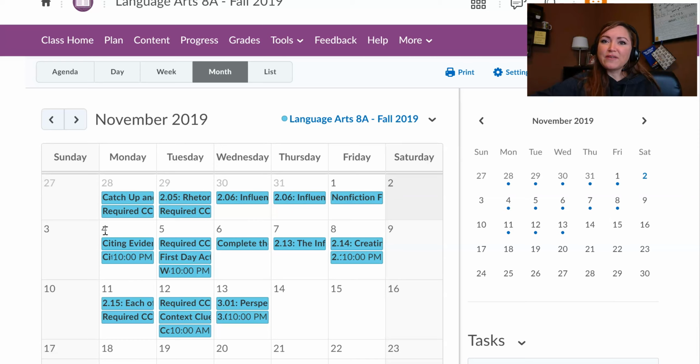And then you also have an assignment in your homeroom class that your homeroom teacher will share out with you via email and talk with you about. So on Monday, you will actually not have any content class assignments. So there will be no English work for you to complete on Monday the 4th. It looks like you do because it looks like there's a lesson here, but what I want you to do is just ignore that for now.